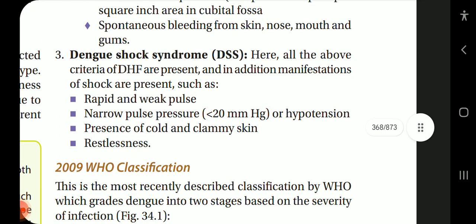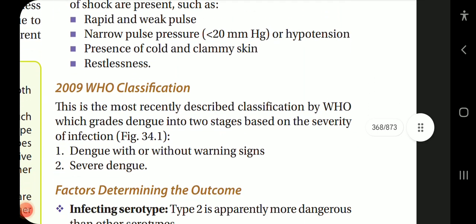Dengue shock syndrome, DSS. Here, all the above criteria of DHF are present, and in addition, manifestations of shock are present, such as rapid and weak pulse, narrow pulse pressure less than 20 mm Hg or hypotension, presence of cold and clammy skin,